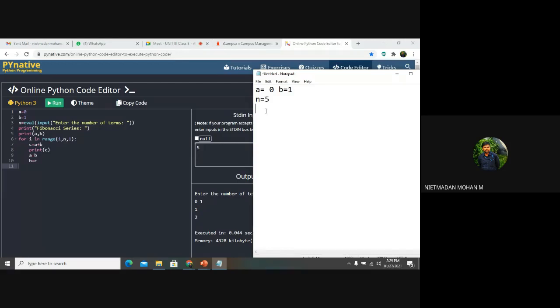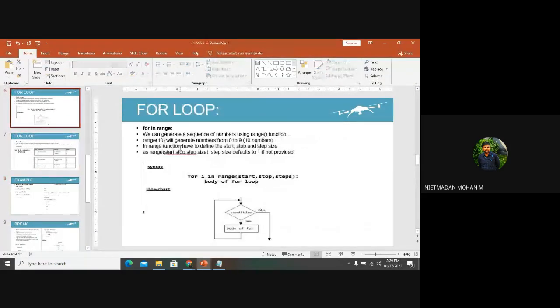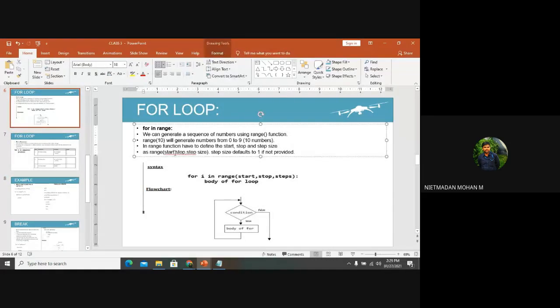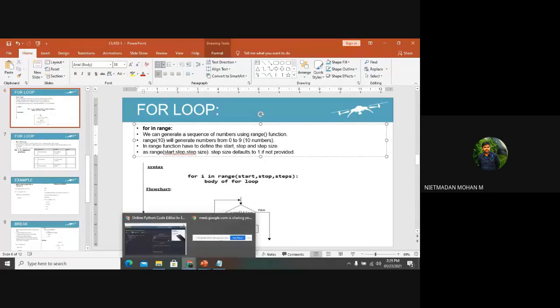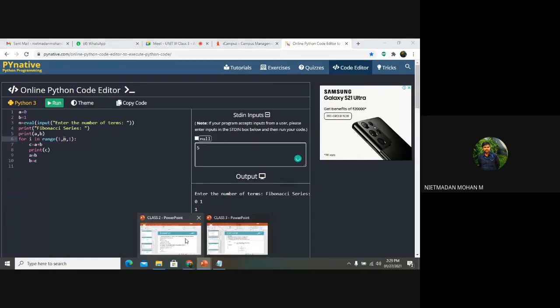Now coming to the for statement, for I in the range of 1, n, 1, what we have done is, this is the starting point, right? Yes. So this is the starting point we have done, and this will be the second one.